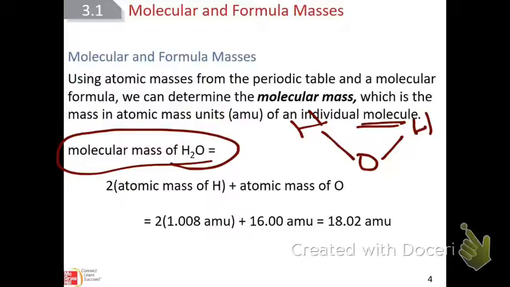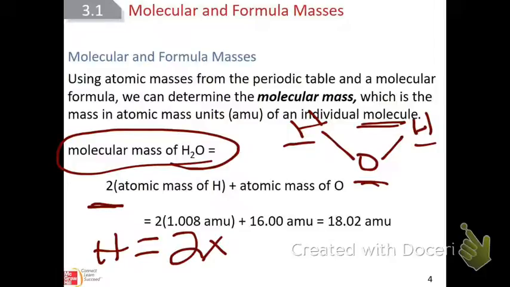So if we wanted to find the mass of this molecule, it would be called a molecular mass. To find it, you're going to use the periodic table and recognize that I have 2 hydrogens present and 1 oxygen present. If I have 2 hydrogens, each one has, from the periodic table, this atomic mass. Since I'm dealing with each individual atom, remember the unit for that is AMU,